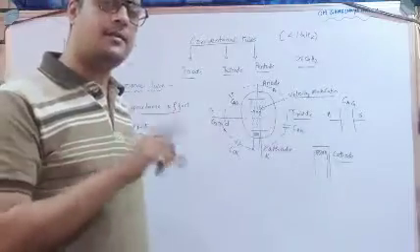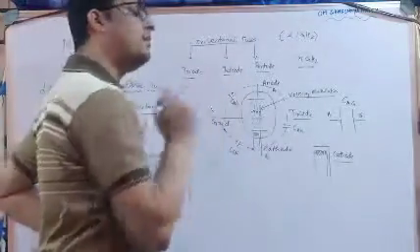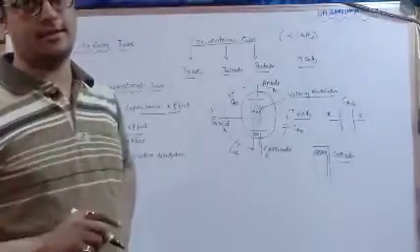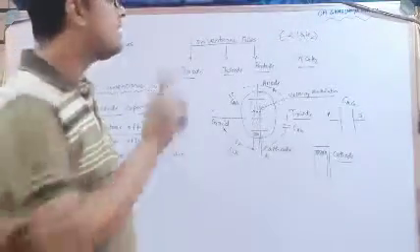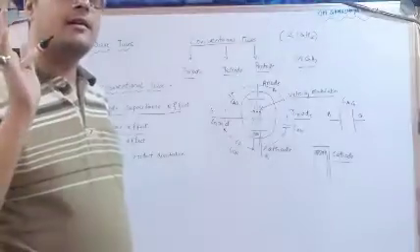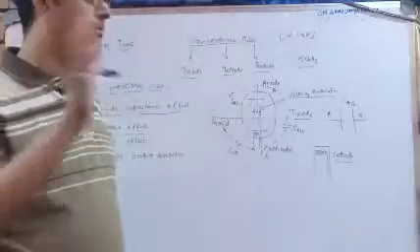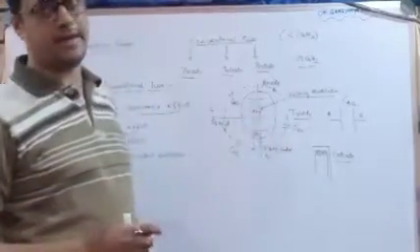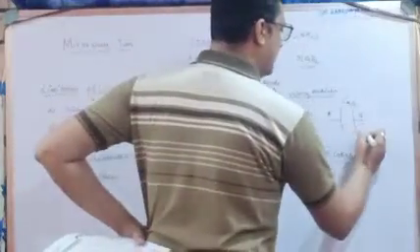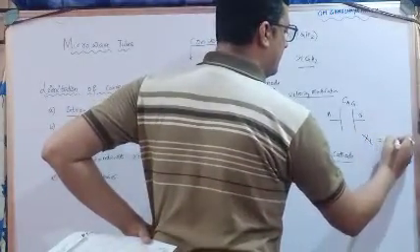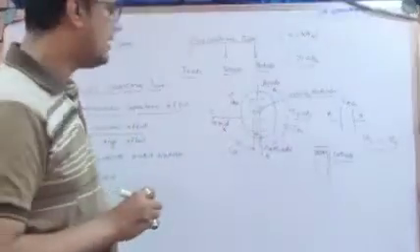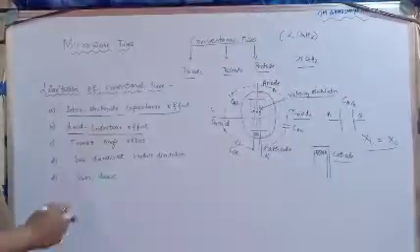When it acts as an oscillator, this particular device will act as an oscillator only at a resonating condition. Resonating condition means the cumulative capacitance of this device, its capacitive reactance, must be equal to the inductive reactance. Then it is called a resonance circuit. Resonance circuit means XL equals XC. So this thing we have to identify. Okay, so that is called the lead inductance effect.